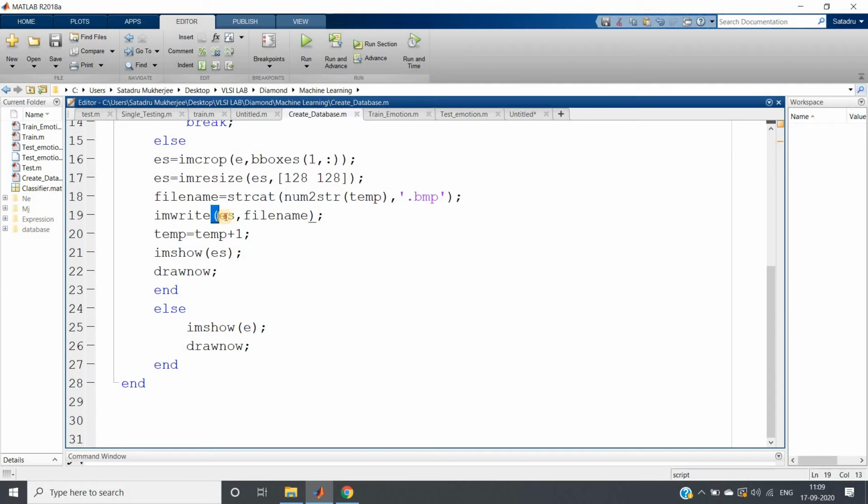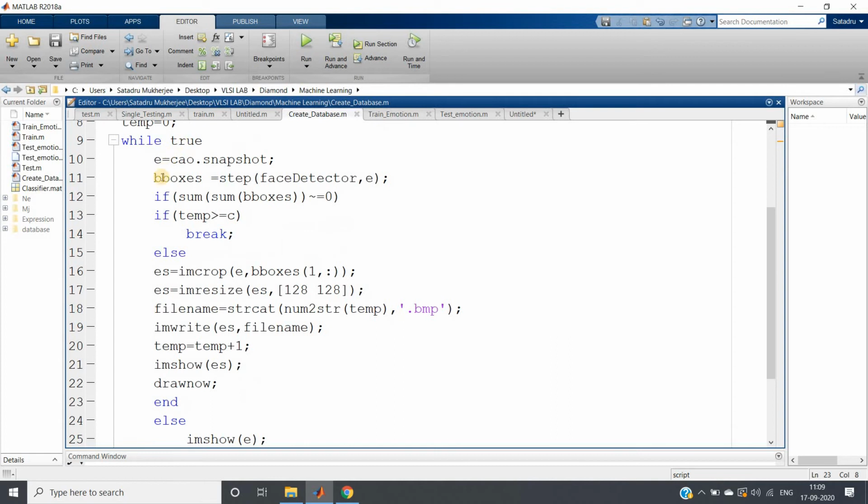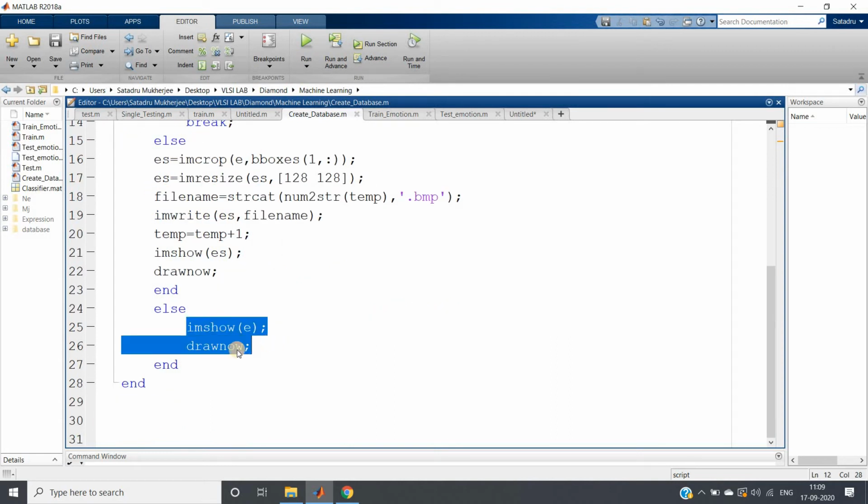Yes, it is only the cropped face part, and we write the file in the current directory, and then increase the temp variable, showing it simultaneously, applying drawnow in the if-else. And this is the outer if: if the face is not detected, we show the original image and write drawnow. No need to do any operation because the face is not detected using the Viola Jones algorithm in this case. End this and end this.